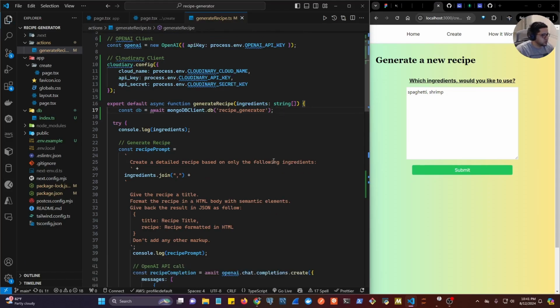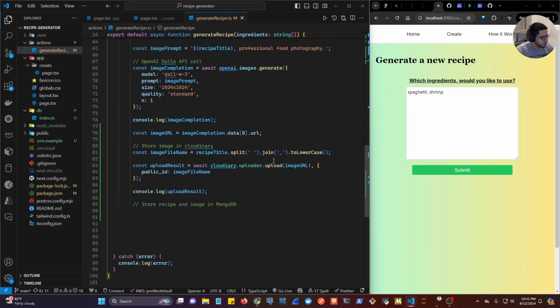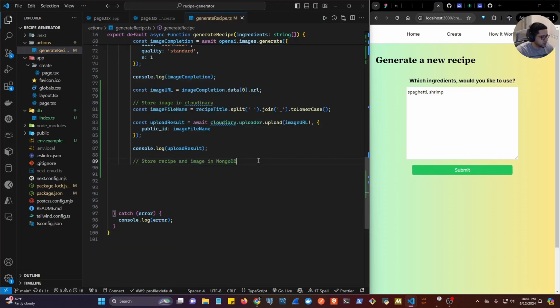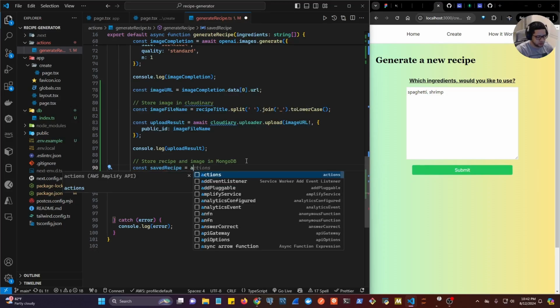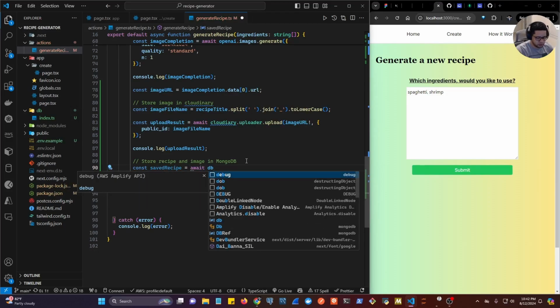And now we can scroll all the way down to where we have the comment here, where we're about to store the data into our database. So let's hit enter here. Let's create a variable called savedRecipe, set that equal to await, and we're going to use the db variable dot